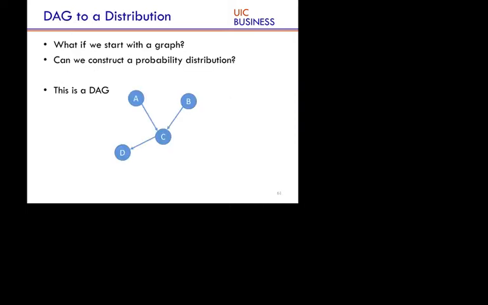It's not clear. Okay. Let's go the other way. Let's go from a graph to a distribution. So what if we start from a graph? In particular, can we construct a probability distribution? So let's start with this graph, which has 4 nodes, 4 vertices, and let's say the oriented edges are 3 in number, as in this diagram. From this diagram, I want to get to a probability distribution. So any ideas how to get from